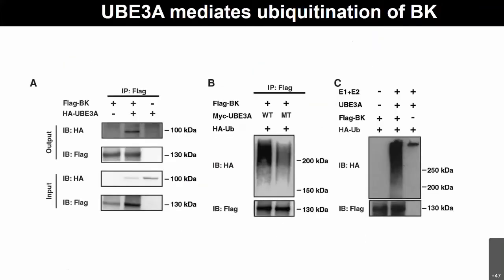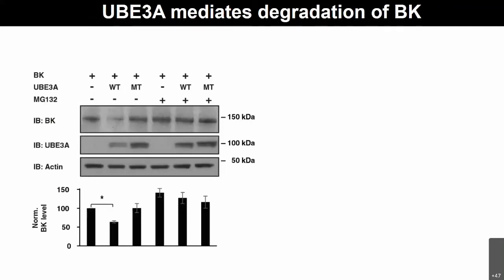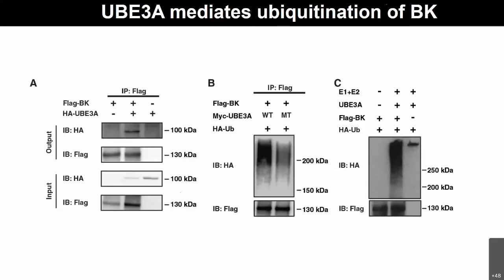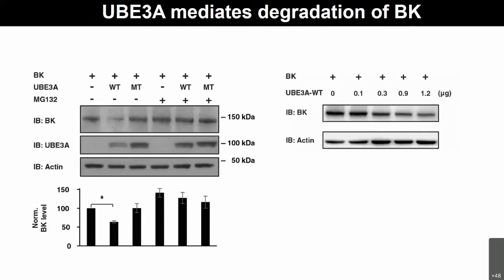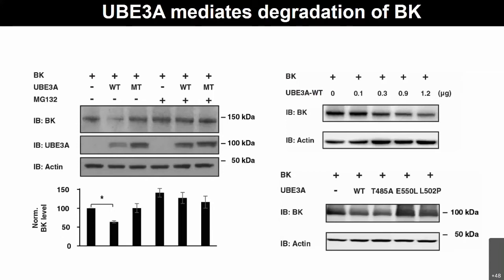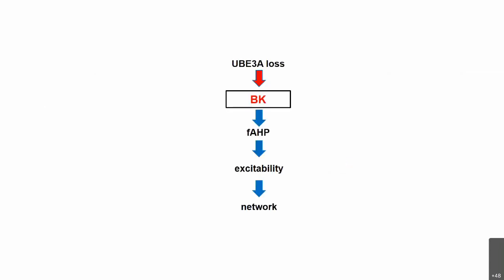Okay, in the interest of time, I'm going to skip all this Western to one panel of Western data. Essentially, this panel is to nail down that UBE3A actually functions as the E3 ubiquitin ligase to degrade BK, through the proteasomal degradation pathway. Again, all these images were done using the Azure machine. So that I can get to the more meaningful stuff later.